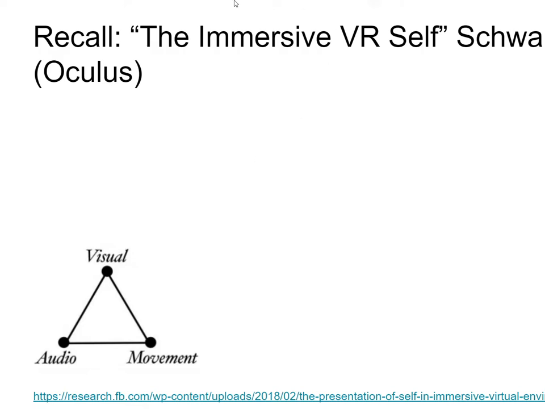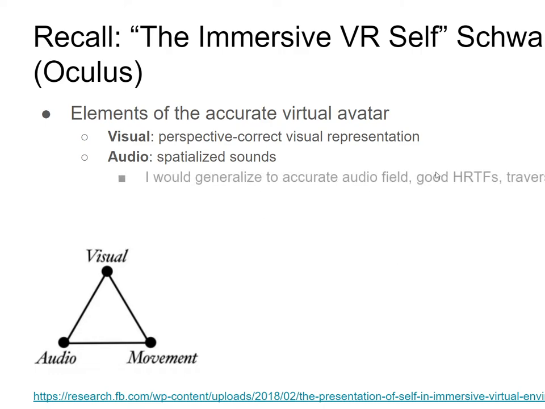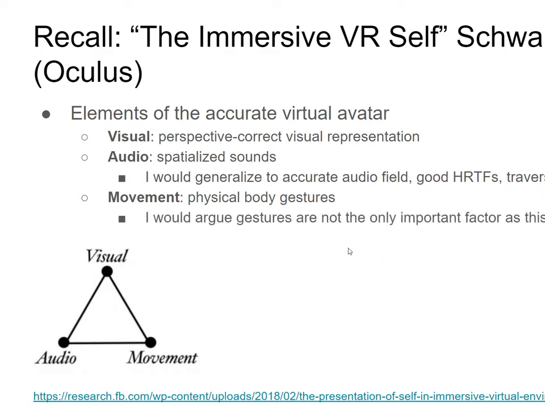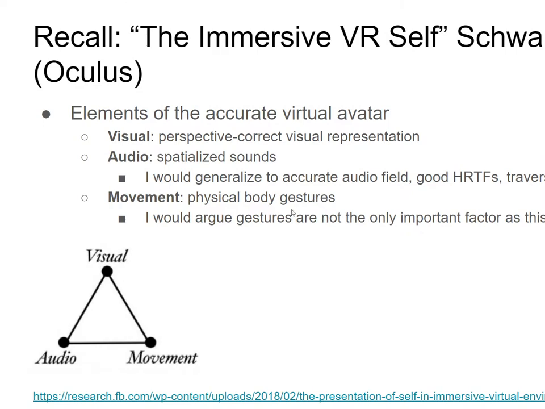So recall that our goal is to meet the parameters for a good avatar. In this paper, they describe a good avatar as one that has accurate visuals from your perspective, audio is spatialized and sounds good, and the movement is good, as in the physical body gestures are as one-to-one as they need to be for your application, and so on. So with animation, we're appealing to both the visuals and the movement. We haven't really gotten to movement yet because we're still doing relatively basic animation without inverse kinematics, so for now